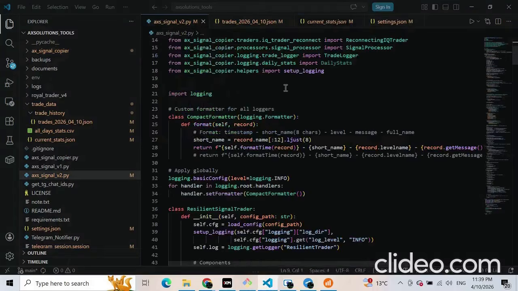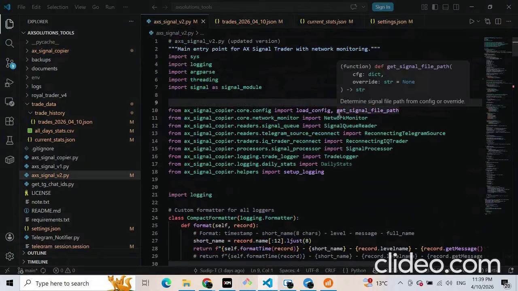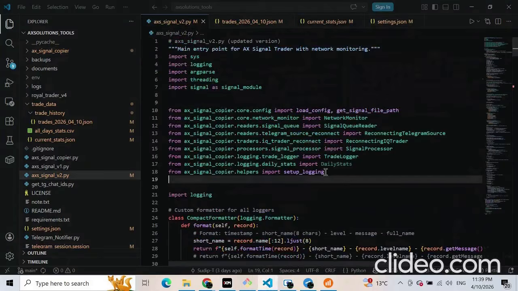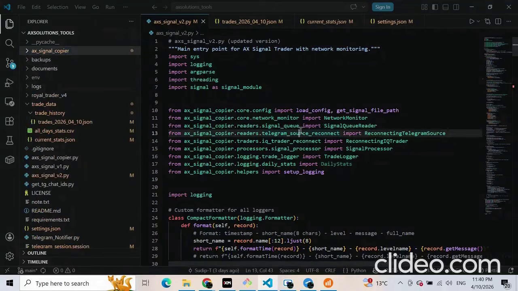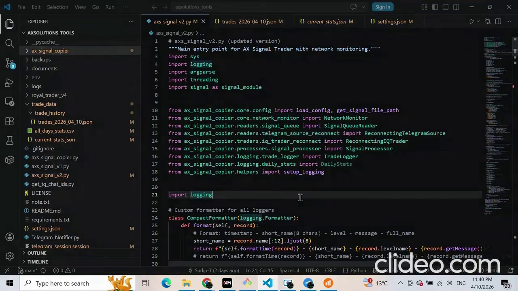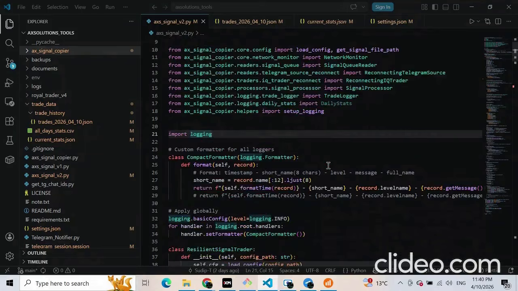This is a Python based project. As you can see, it has so many modules. All these modules are modularized, put in respective directories, and imported here. Everything is integrated and made to work. Now how this system works is